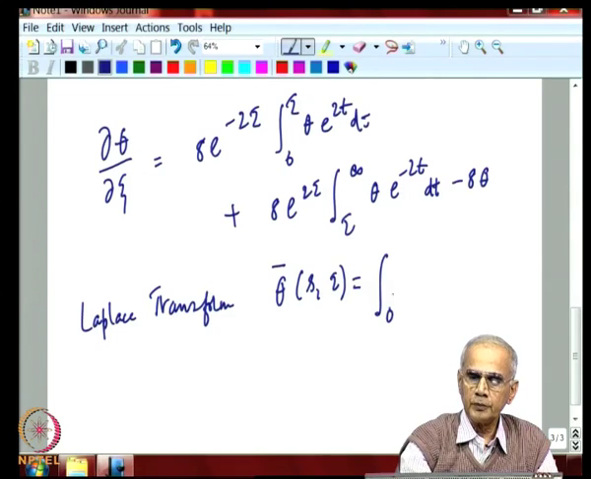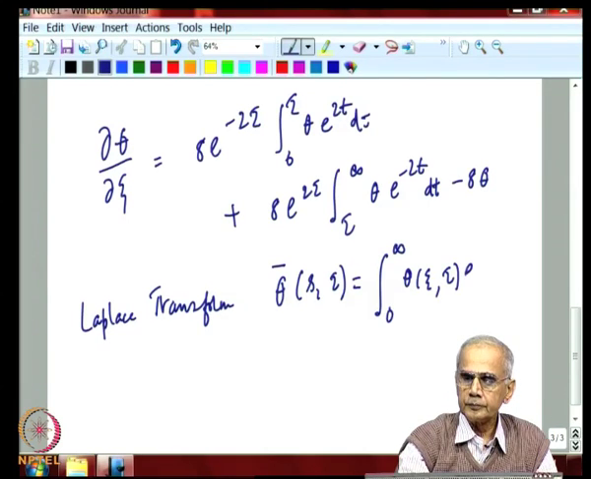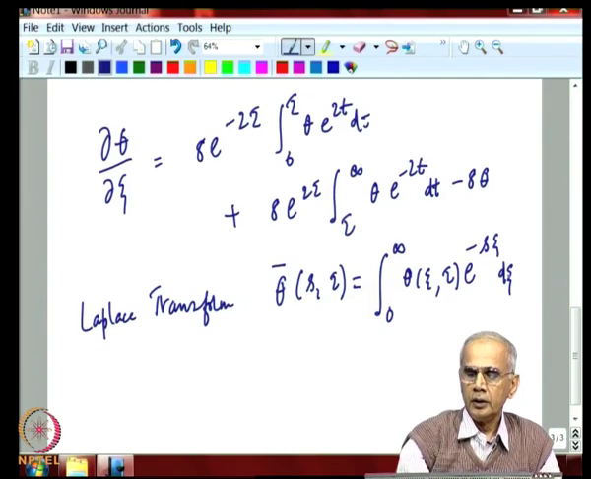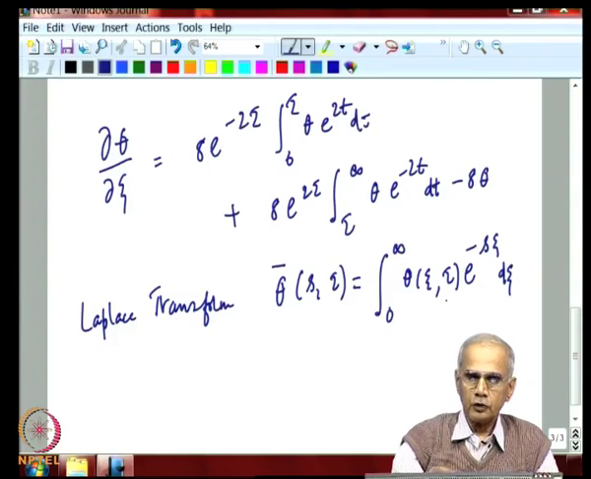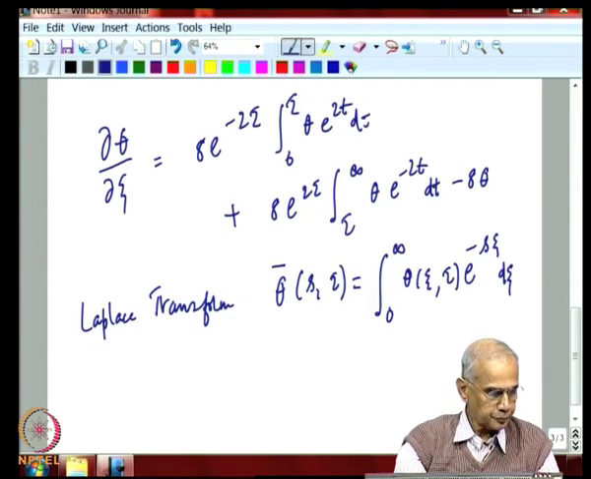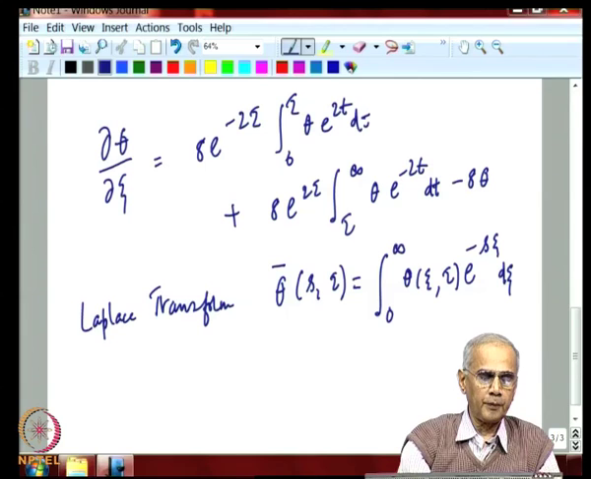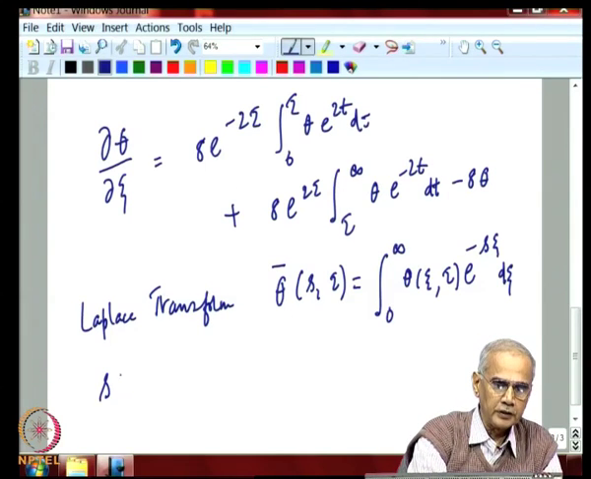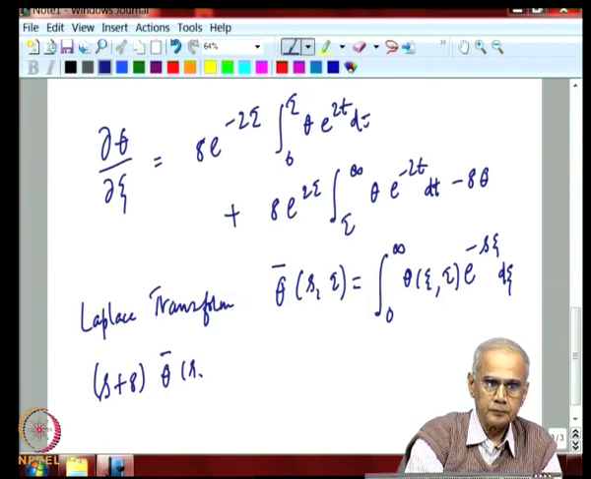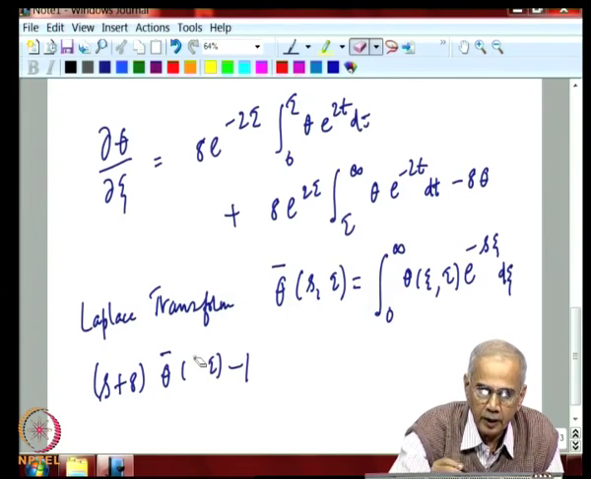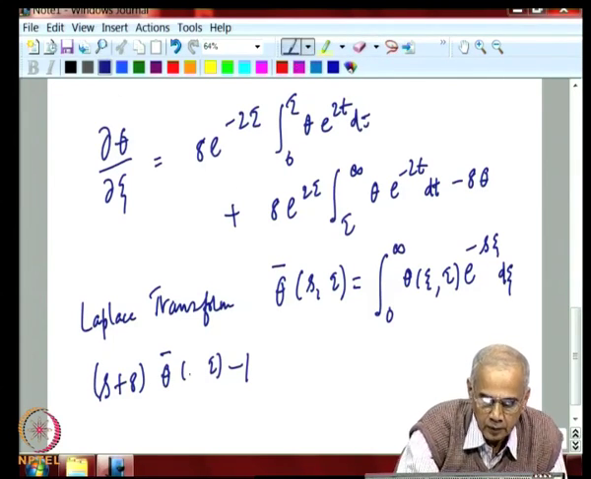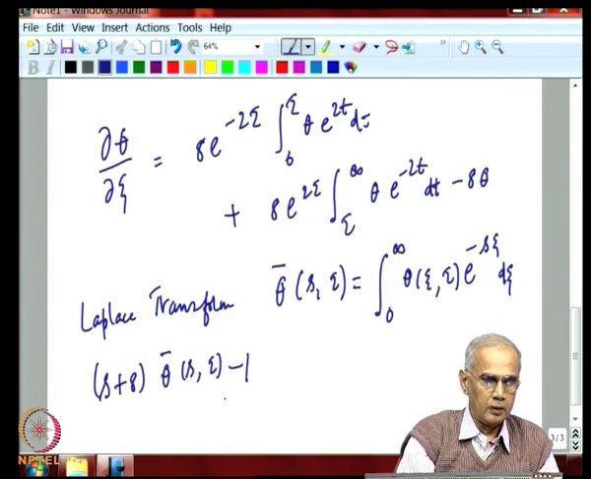and by the definition of the Laplace transform, it is the integral from 0 to infinity of theta of psi, the time-like coordinate. So, this is how we transform theta of psi and tau to theta bar of s and tau, and then you apply the standard rules of the Laplace transform for differentials and so on. You get this expression. This is the boundary condition, which gives you 1 at time t equals 0,